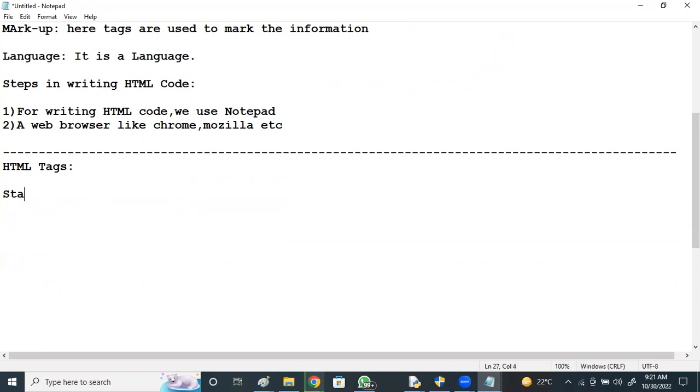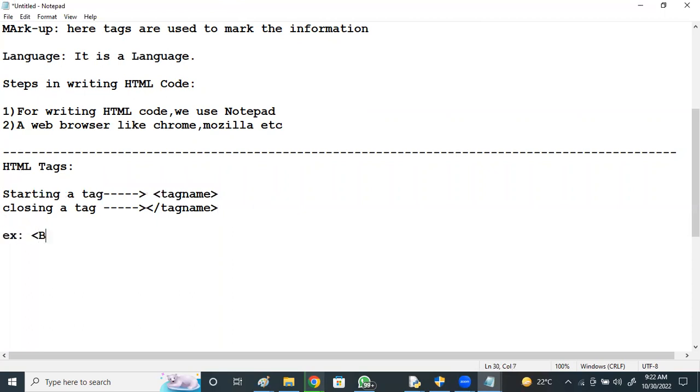A tag starts with the tag name, and the closing tag is /tag, right?